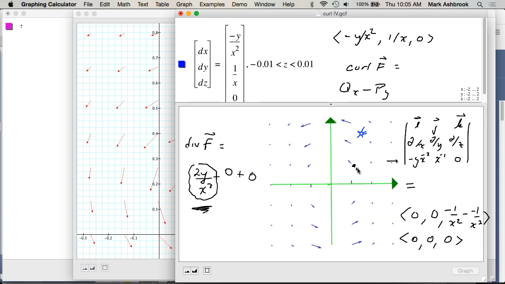So like curl, it's just at that point, the tendency of the vectors right around that point is a rate of change of 2, expansion of 2. All right, what about over here at, say, negative 1, positive 1? Negative 2, right? So at that point, there's a tendency for contraction at a rate of negative 2,